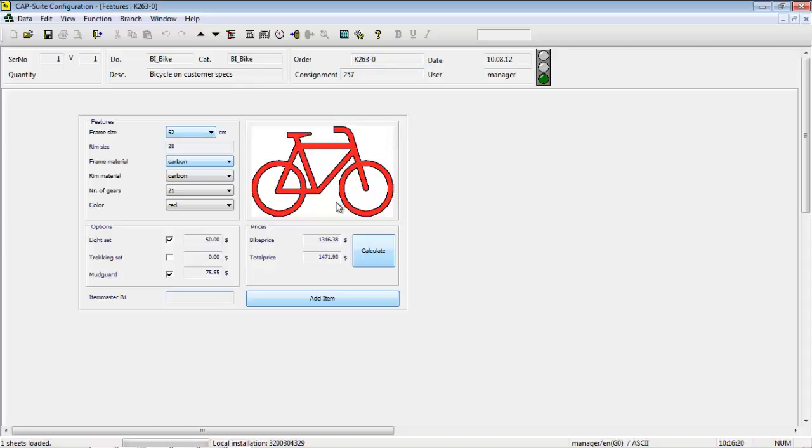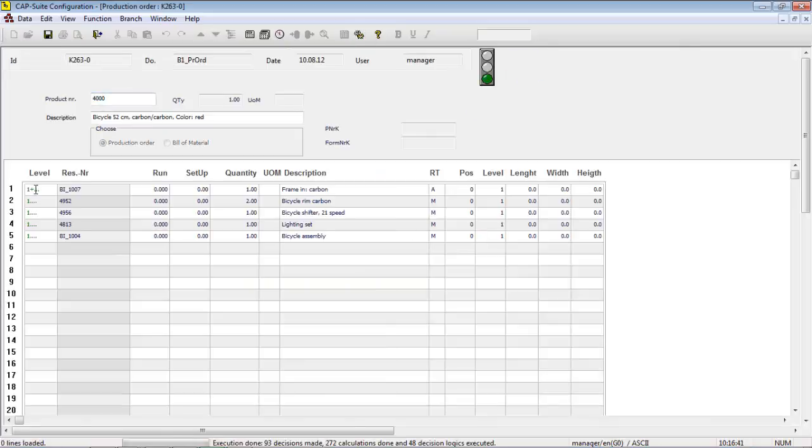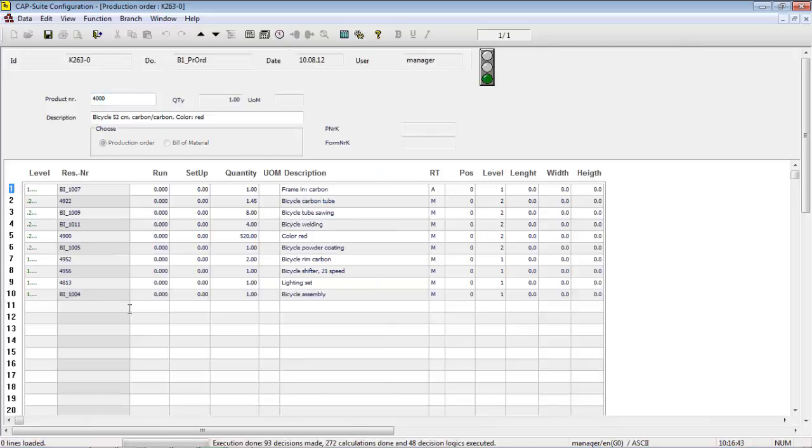We can add this as an item, so we make a standard item for this, and the system will automatically generate a bill of material, or in fact two bills of material, one for the chosen frame and one for the complete bicycle. Another thing that we can do is put on those chain wheels. The system generates the bill of material, two levels as you can see. And if we save this